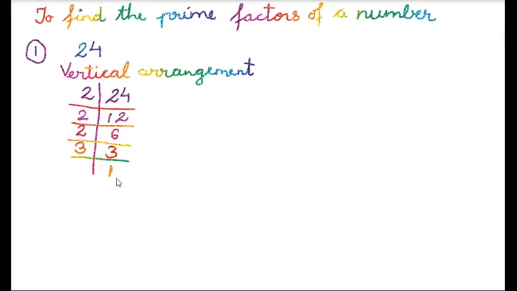So did we get 1? So when you get 1 here, then you have finished all the prime factors. Whatever you are getting here, are these prime numbers? You have to use only prime numbers on this side, children. Then that method is called the prime factor method. Okay, so you can see here you have got all the prime numbers.